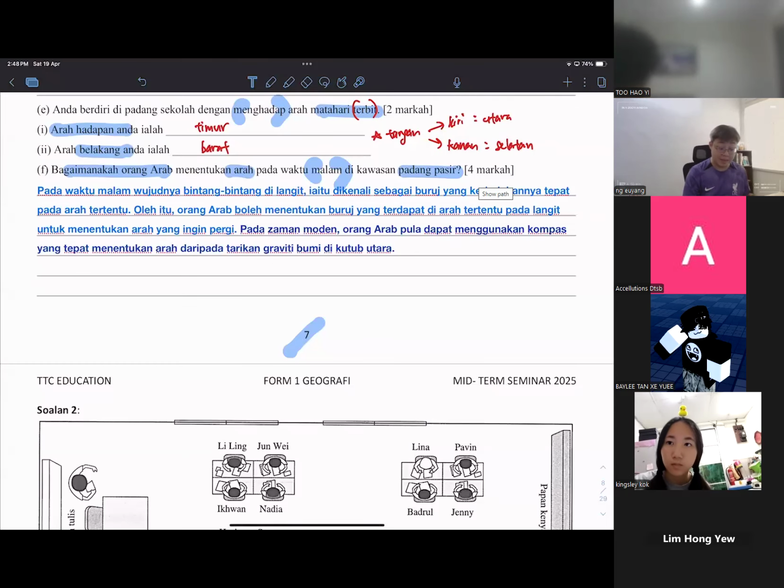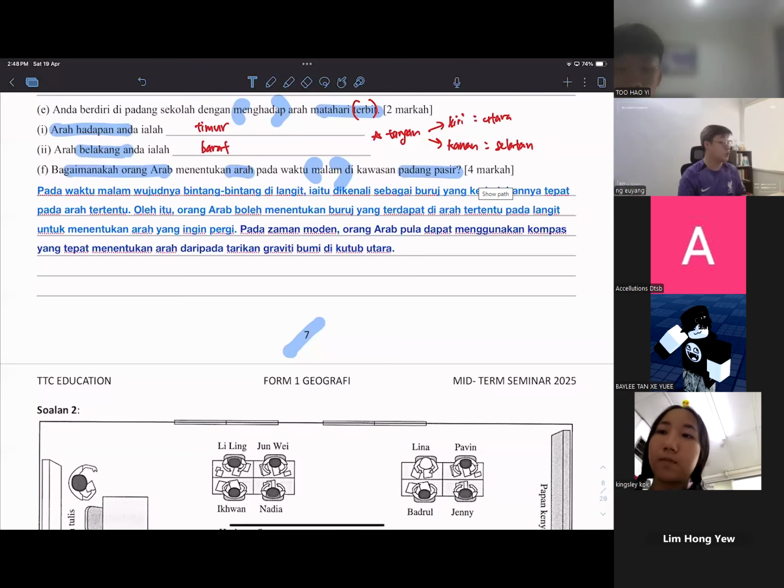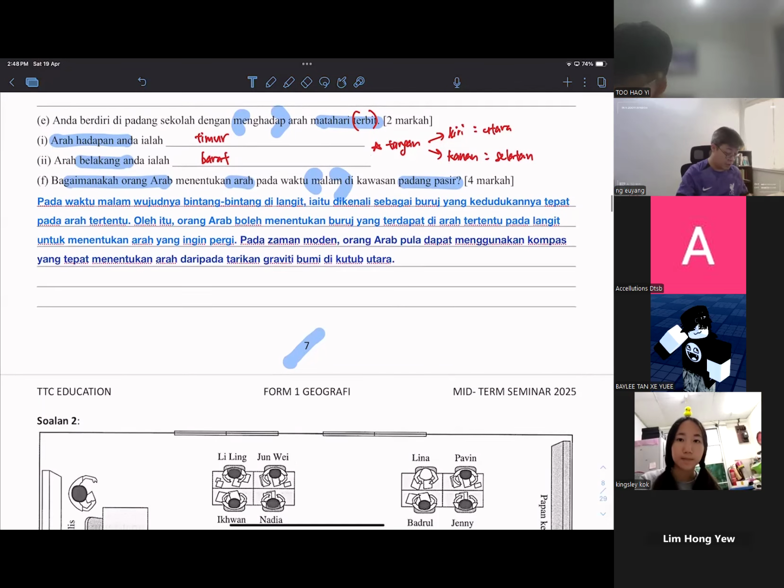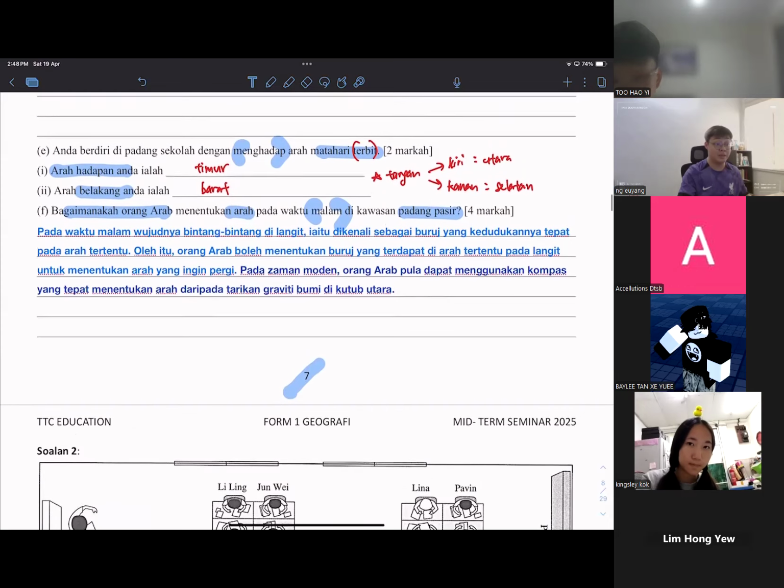So last time they are just referring to the buruj, which is the horoscope, the stars, and then now they are trying to use the compass. Okay, so it's time to enter the second chapter. So we still have a lot of chapter to refer. I think I'm going to go through quickly from all the nota parts and try to focus more on the exercises. So guys, second chapter.